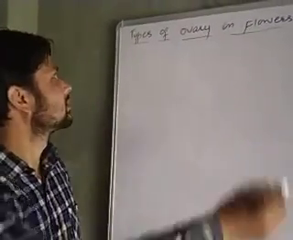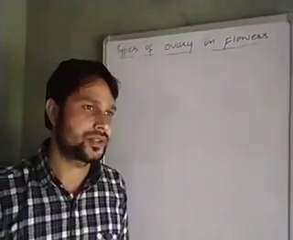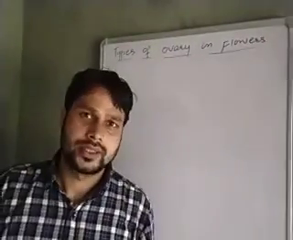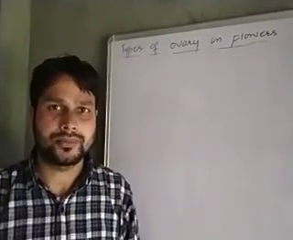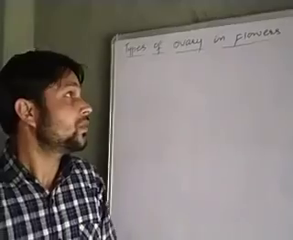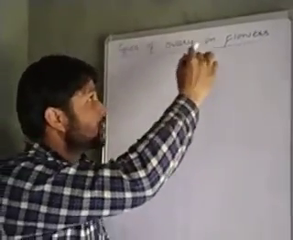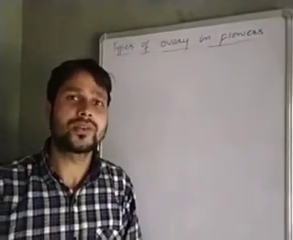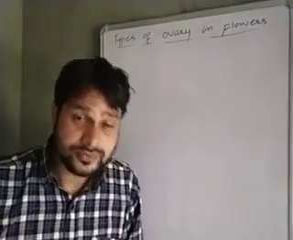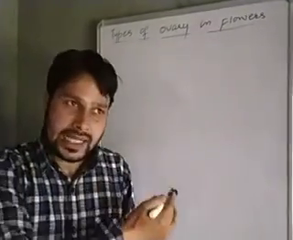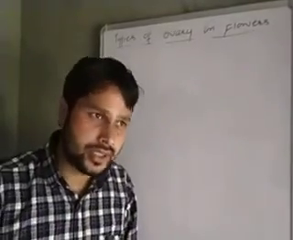Dear students, today my next lecture is types of ovary in flowers. As you know, in a flower there are different whorls like calyx, corolla, androecium, and gynoecium. With respect to gynoecium, or with respect to ovary, different flowers have been classified into different types. In other words, based on the position of calyx, corolla, and androecium, these ovaries have been described